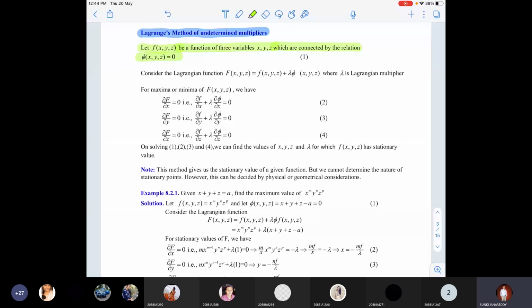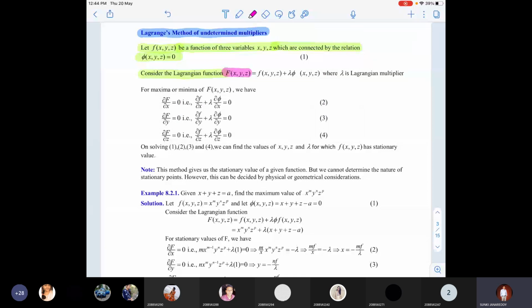That equation is said to be the auxiliary equation, or Lagrangian function. It is generally denoted by capital F of x comma y comma z, which is equal to the given function, small f of x comma y comma z, plus